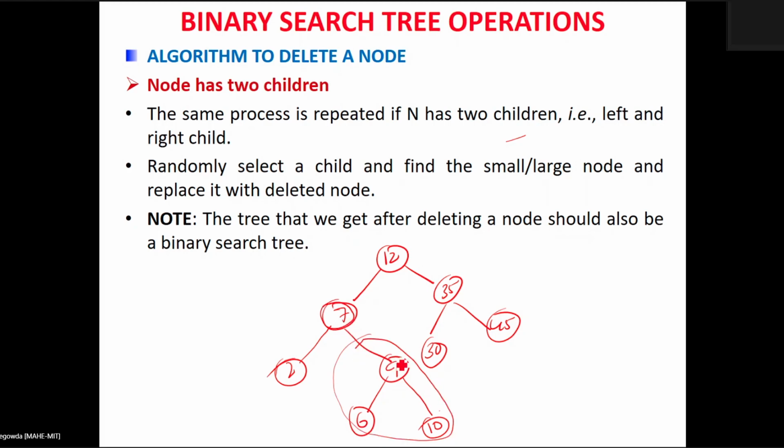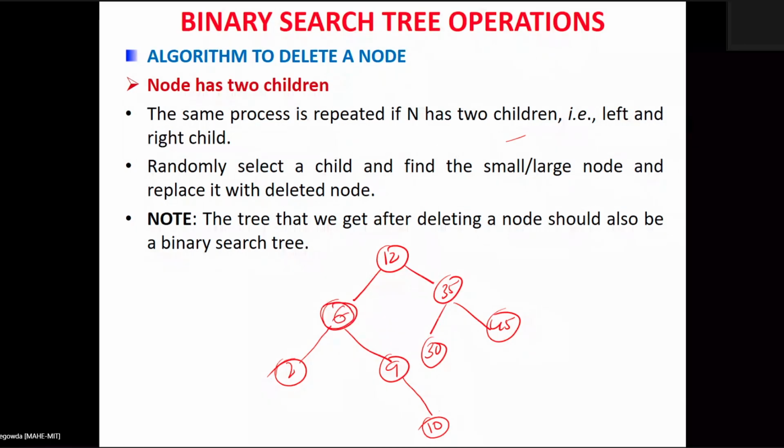If you look at this 9, 10, and 6, these are the nodes we have here. The 6 is the smallest number present in the right subtree of the 7. You take this value and insert it into the node to be deleted over here. So now this becomes 6. This node will be deleted. After the deletion, the resultant tree will have a value like this, 6.